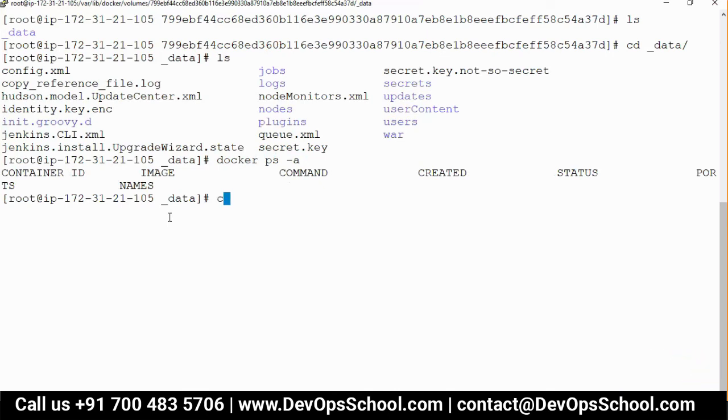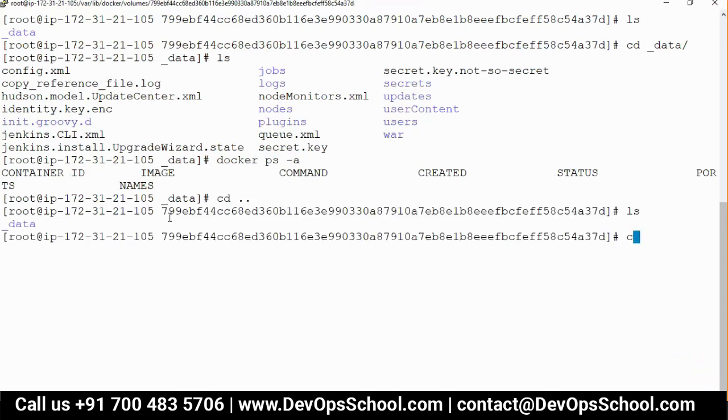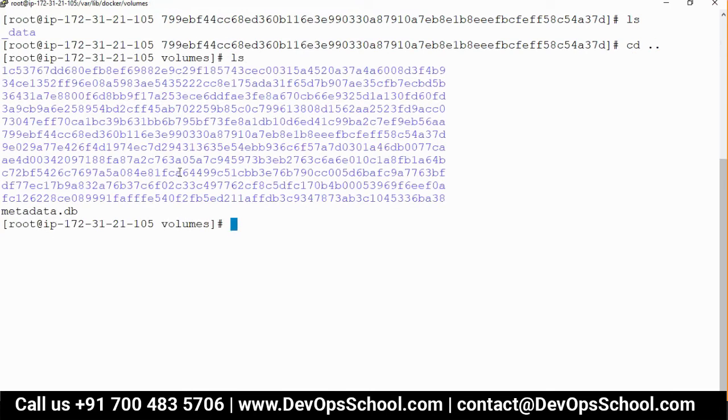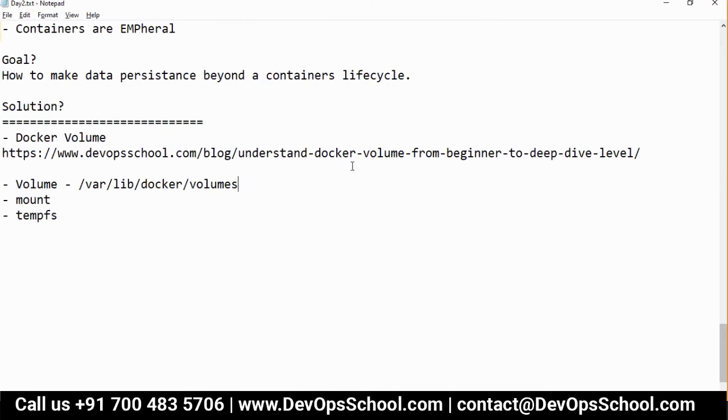So now these are the volumes. Okay, guys, what can you do with it? Here you will work with creating volumes, attaching volumes, detaching volumes, deleting volumes, all these things. But these Docker volumes are of three types. Volume, the one which gets stored here, and the mount, which will get stored at any place in the host machine.